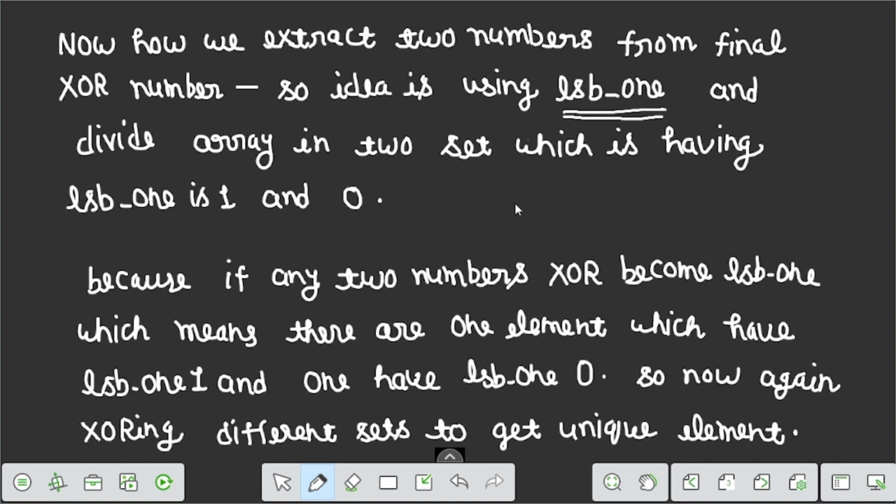Let's suppose the number after XORing becomes 1 0 1 0 0 1 0. The least significant set bit, which is 1, is this one. Let's take one more example, 1 0 1 0 1.